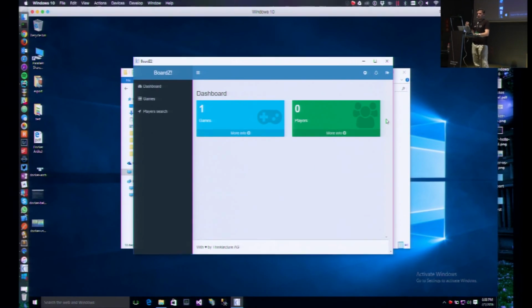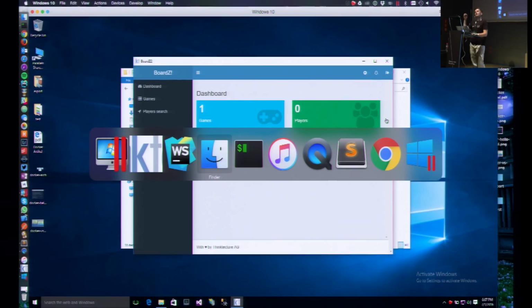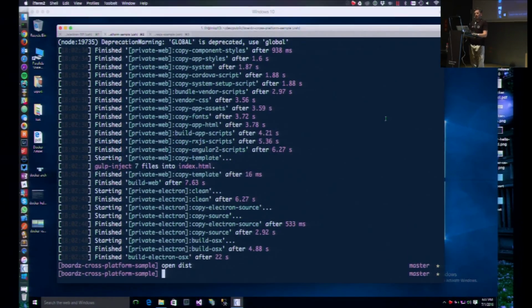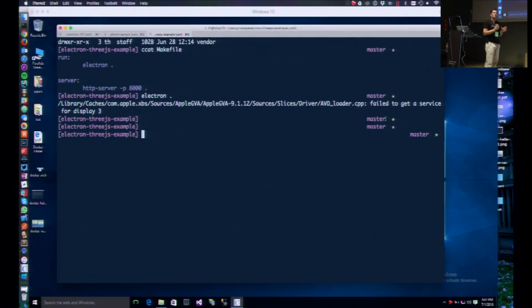So, as you've seen, it's really, really simple to bring your Angular 2 application to all desktop platforms. And there are, as I've said, when creating browser windows, many, many options. And one guy from the community built some cool things using Three.js. Who has seen Three.js already? Okay, cool. If you haven't seen it, it's definitely worth looking into. Electron, and then